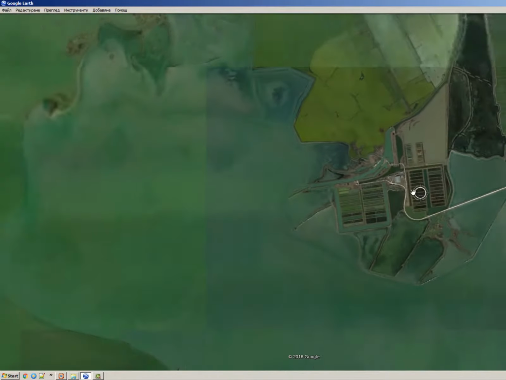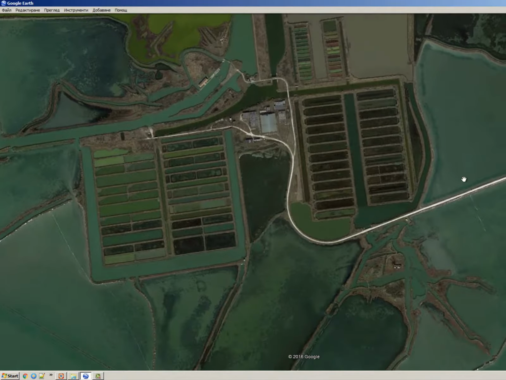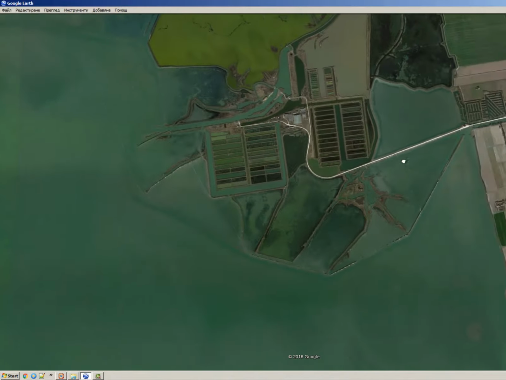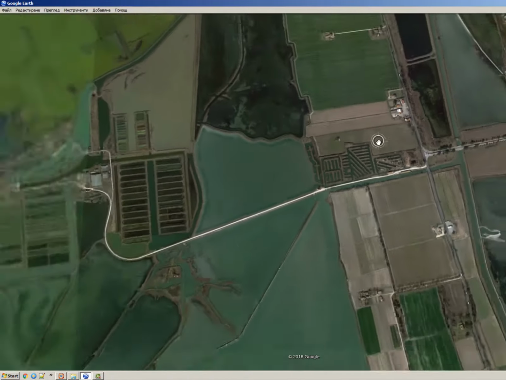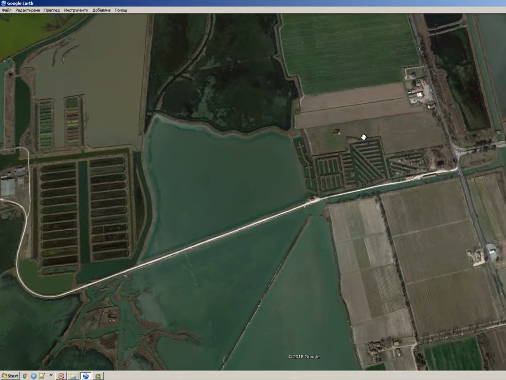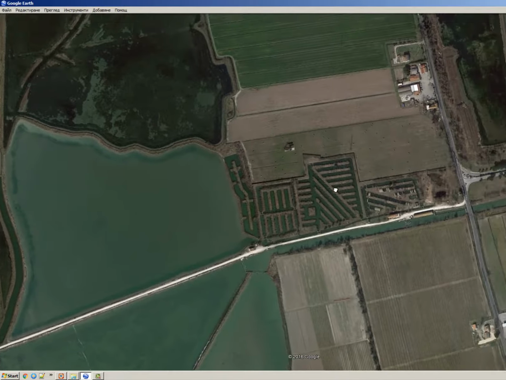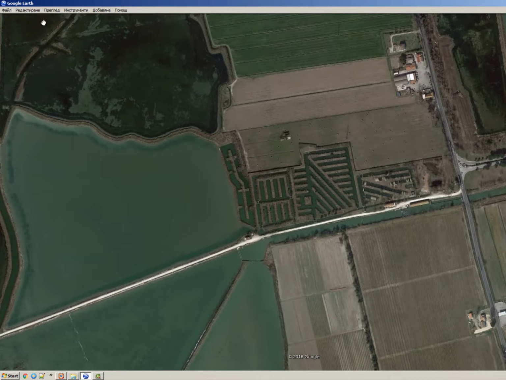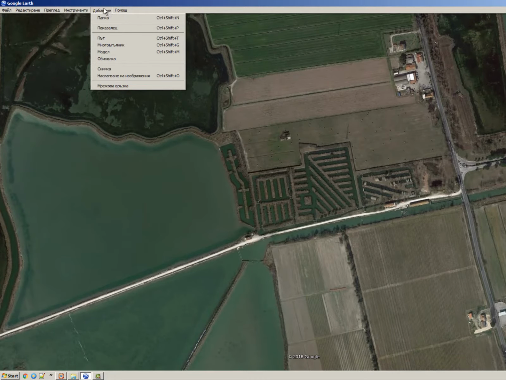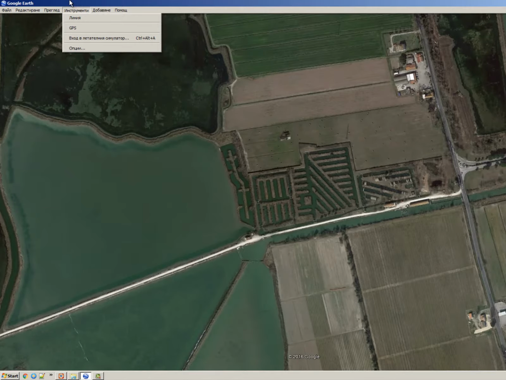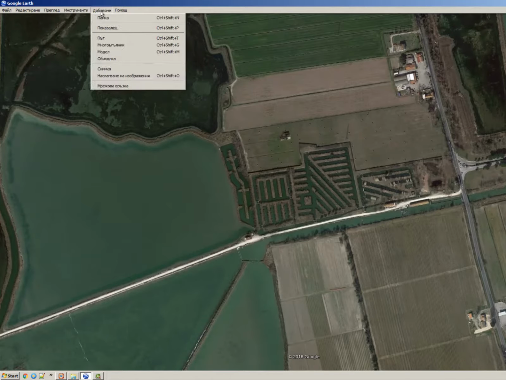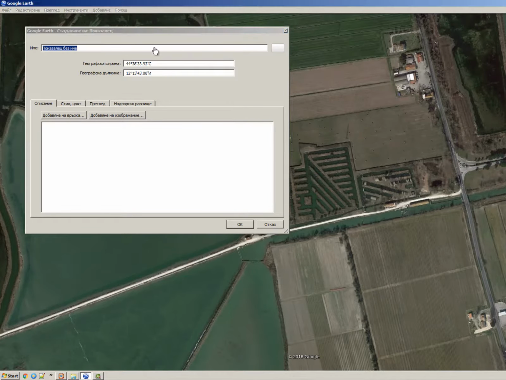And then we choose a map to save. This is a random map in Italy. I like the landscaping here, and I will just zoom in and place. Of course, you can do that. You can merge many maps, as I've shown in my videos, but in this case I will just demonstrate with one map. You go to Add and Landmark,